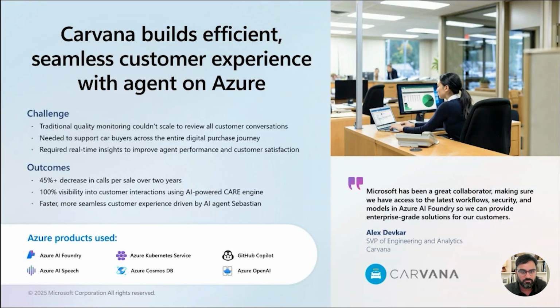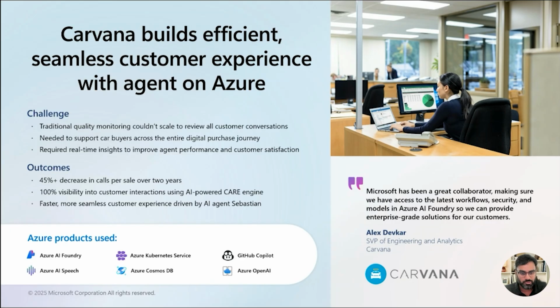If you look at the benefits of these agents, the challenge here is that Carvana wants to support car buyers across the globe, the customers that they have, and streamline that purchase journey. They also want to get real-time insights on how customer satisfaction is and things like that. So that's where they built this agent using AI Foundry.